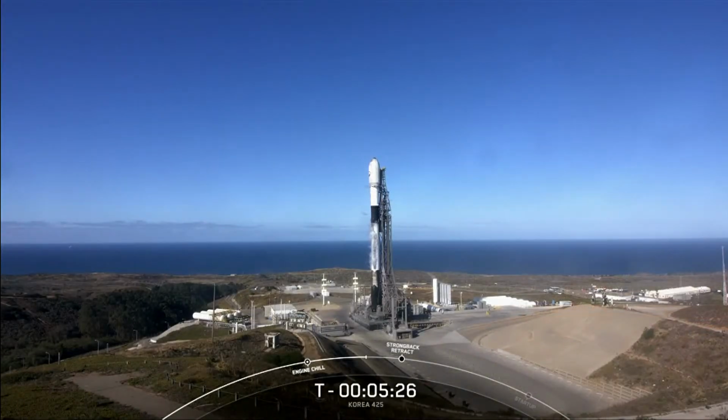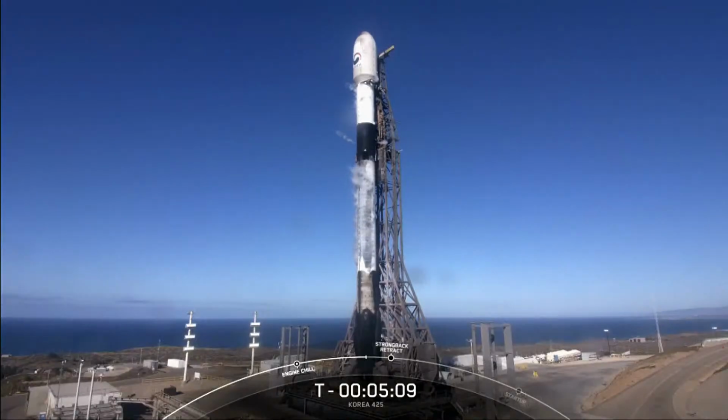If we're successful in recovering the booster on screen, it will mark the 250th successful recovery of an orbital class rocket. And lastly, the large truss structure that you see there just to the right of Falcon 9 is the Transporter Erector, or TE for short. You may also hear the callouts on the net refer to that as the strongback. We use the TE both to roll the rocket out to the pad and raise it to its vertical launch position. The TE also routes the vehicle's fluids, power...